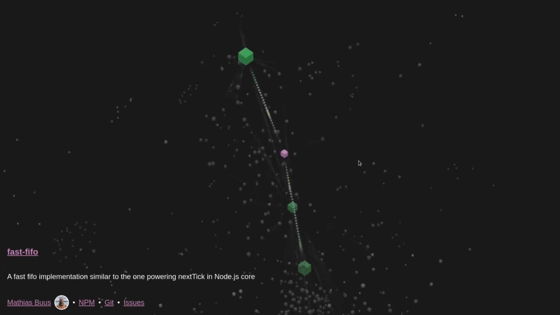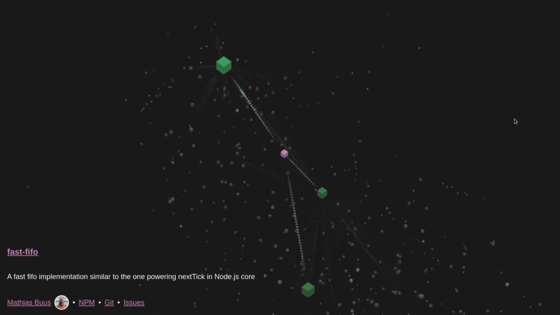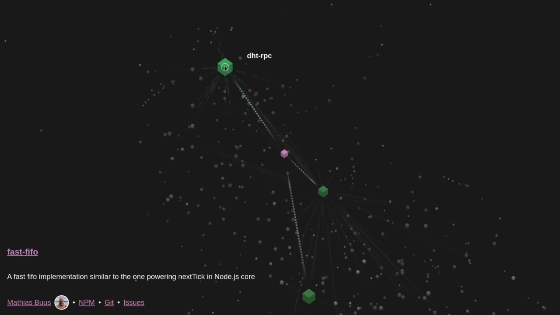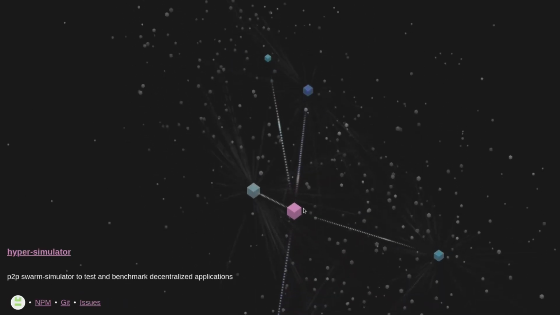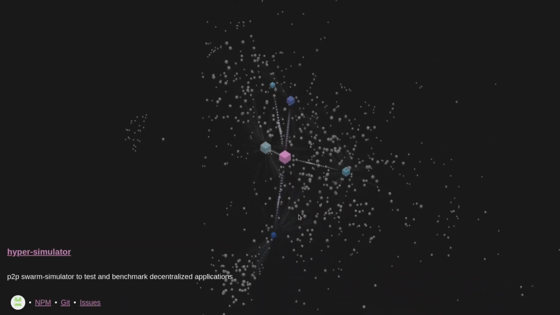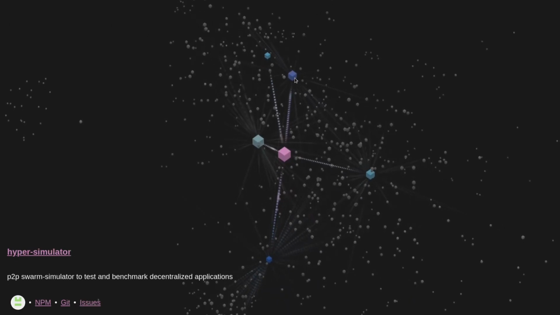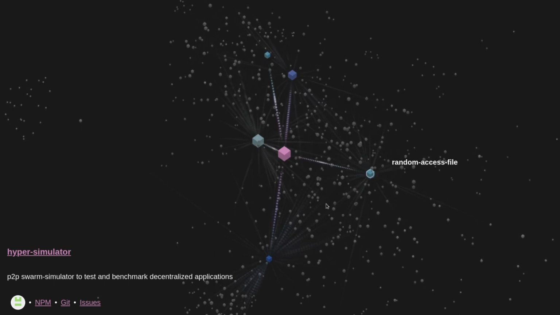And then, so Fast FIFO is also a dependency of this project here, DHT RPC, and what's this one? StreamX and Hyper Simulator. Let's click on Hyper Simulator. So you can see Hyper Simulator has mostly dependencies in this graph. So anyway,